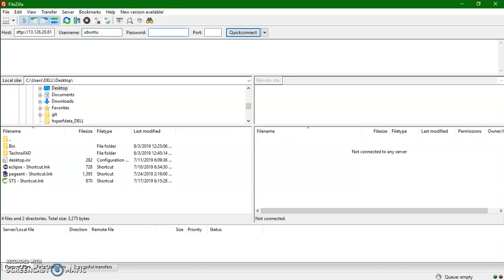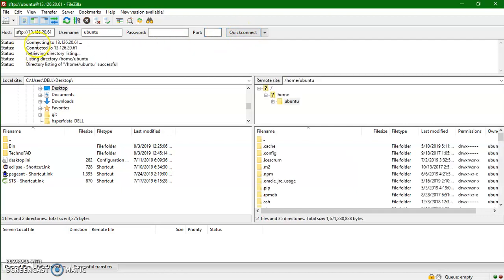You don't need to type a password here if you are connecting to the server using private keys, SSH tunneling. You need to type your port here and click on quickconnect.